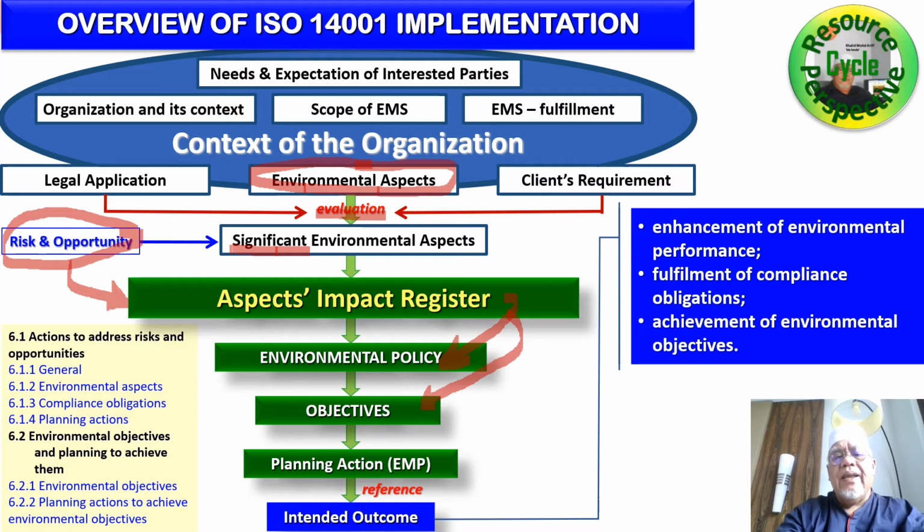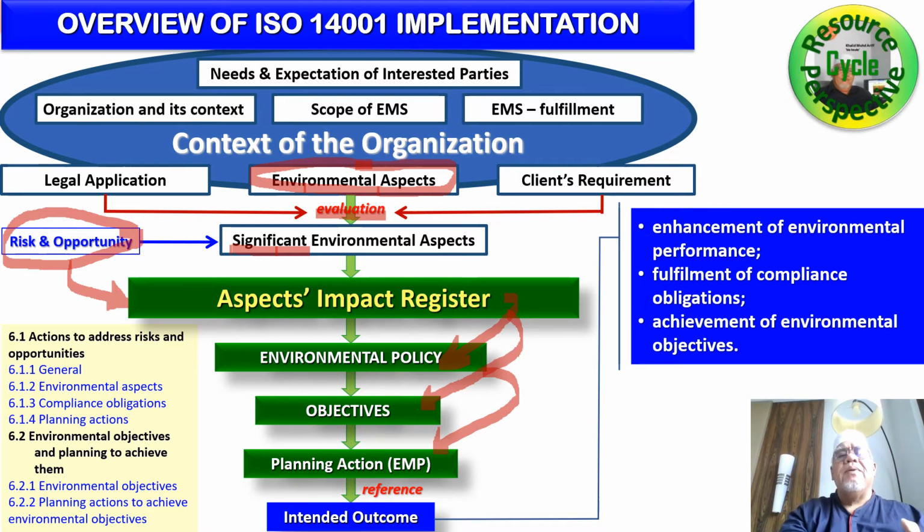And once the target has been devised or developed, then we have to look into who does what, when, and how much resources, equipment, and investment are needed. This is called planning action to achieve. If you already have an environmental management program, do not change the wording. It is still valid. Planning action to achieve is a philosophy, a very important philosophy, a holistic term